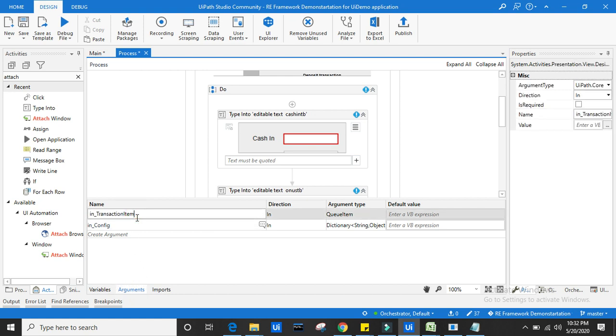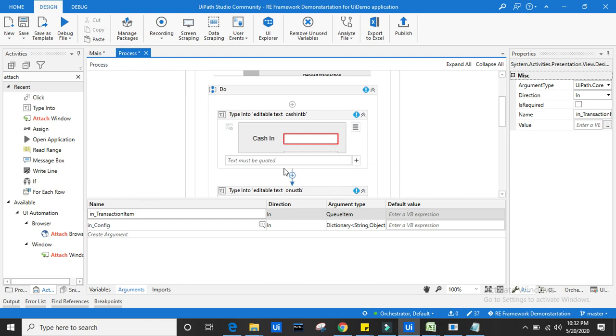So transaction item means the out_transaction item from get transaction state will be the input for this process transaction phase. So here I have got the transaction item, that is data, from its previous phase, that is get transaction state. So now I want to pass it into this field.